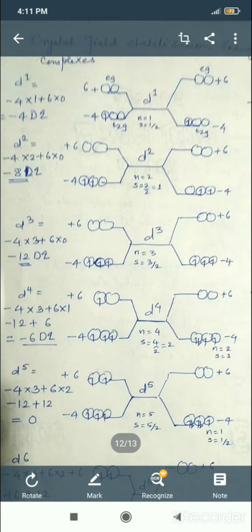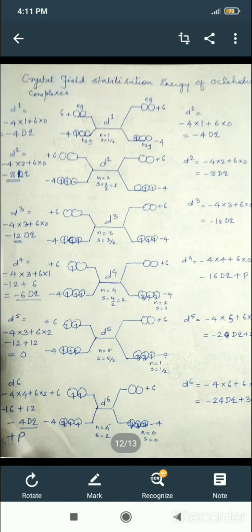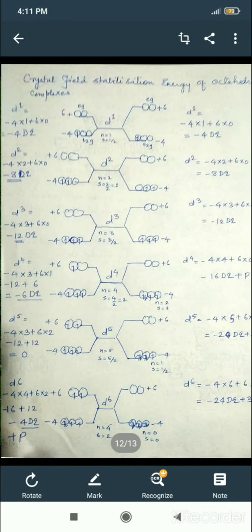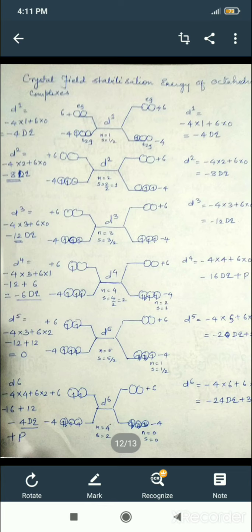We are talking about the d4. I expect that you have practiced for d2 and d3. The answer for d2 is -8 Dq and the answer for d3 is -12 Dq on both sides, that is strong field and weak field. But now students,